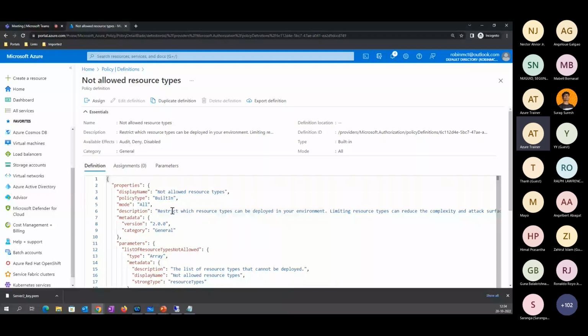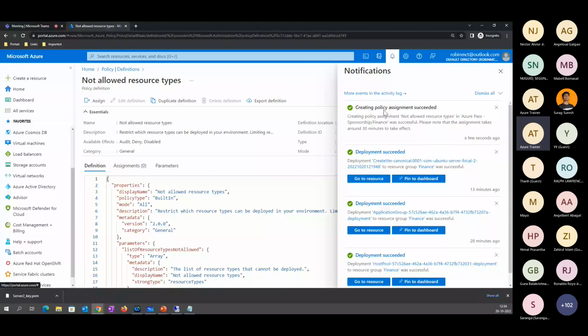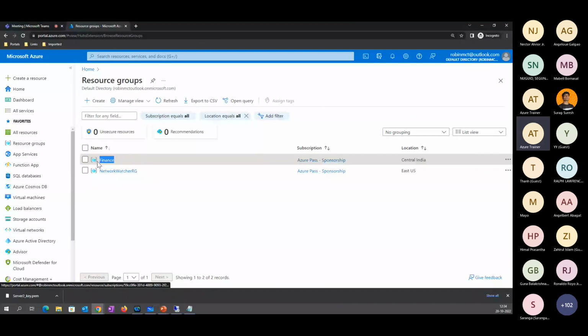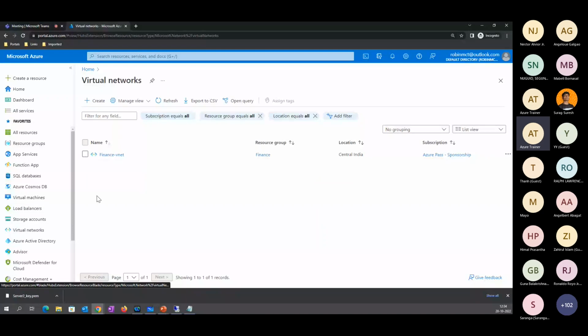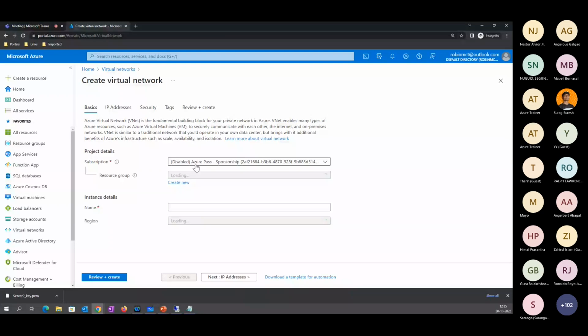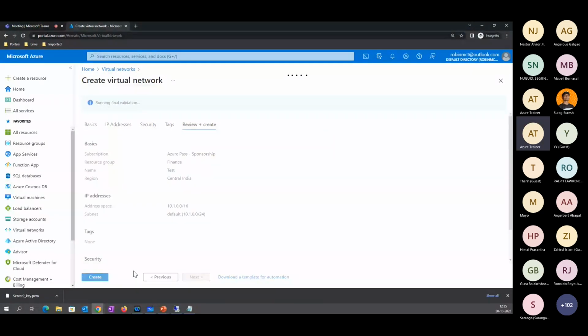Right now, what is the policy we have created? We have created a policy saying that in the resource group of the finance department, we put an enforcement so that no one is allowed to create a VNet. For example, if I'm trying to create a test VNet here in the finance department, you may be able to see at the time of VNet creation